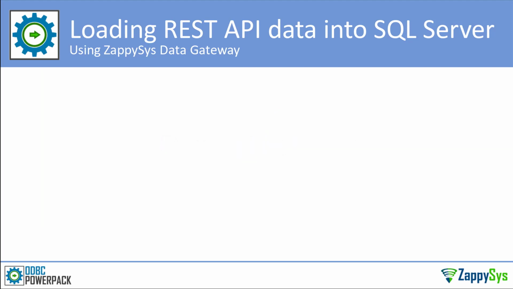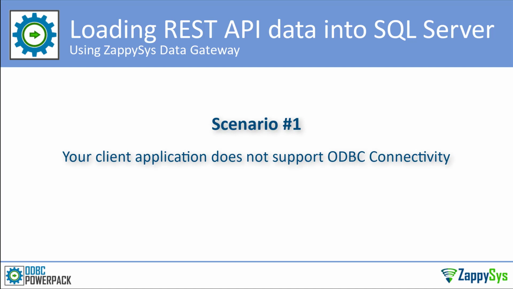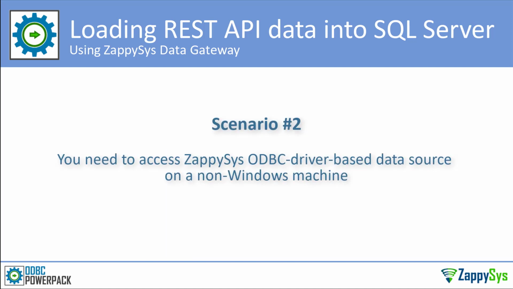You can use ZappySys Data Gateway in the following scenarios. In the first scenario, your client application doesn't support ODBC connectivity. For example, it's a SQL Server, a Java application, or a Google spreadsheet. In the second use case, you need to access a ZappySys ODBC driver-based data source on a non-Windows machine. For instance, a computer with Linux, macOS, or Solaris. So you would install ZappySys ODBC PowerPack on another machine based on Windows